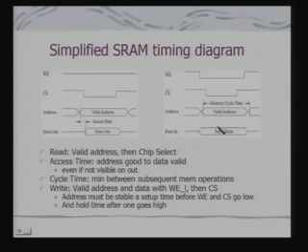Now, in this case what we are showing is you are making basically a write. So, valid address is there, data is also valid, your write enable is validated, and then you have got the chip select, and then you actually write the data. So, what it says is that address must be stable a setup time before write enable and CS goes low, because address has to be valid for the purpose of selection. So, there has to be a setup time between the write enable and CS to go low and hold time after it goes high. So, this is basically the hold time.